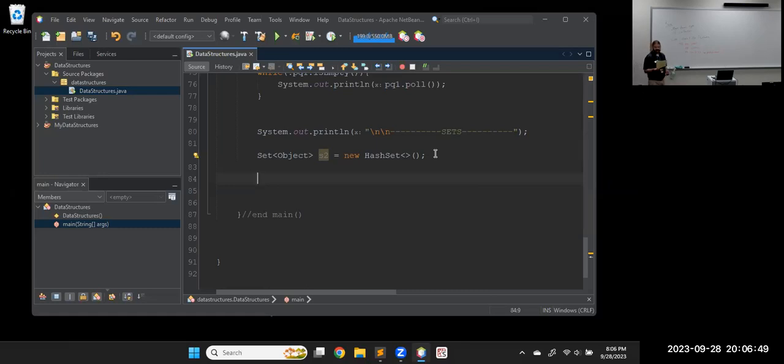A hash set uses the hash code to check for duplicates. That's what all of these are, right? We only have one criteria. So the difference, a linked hash set is just like a hash set, except it stays in the order we put it in. A hash set will change orders. It's only using hash codes. A linked hash set is the same, except that it stays in the order we put it in. So we do get order back from that one, but